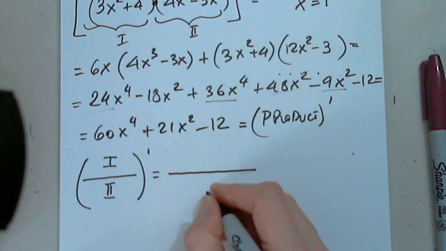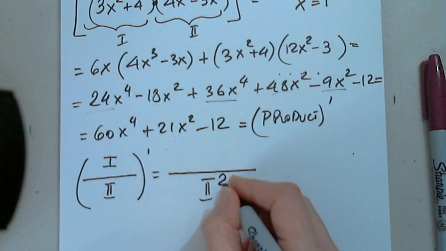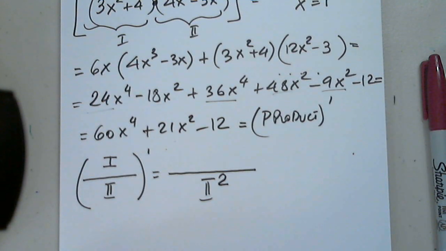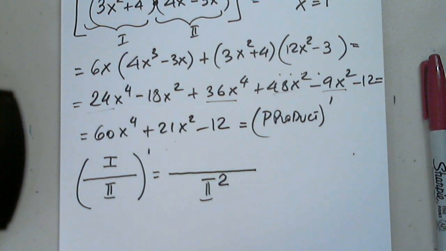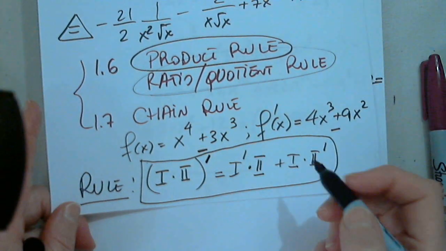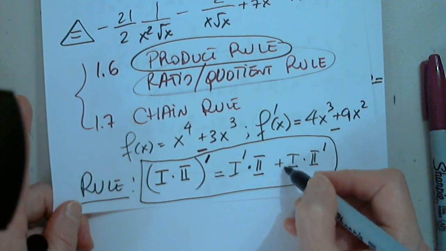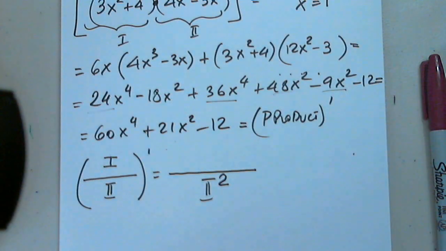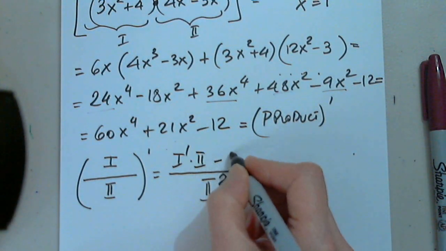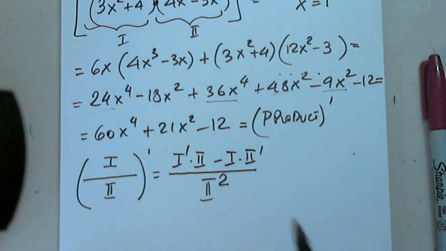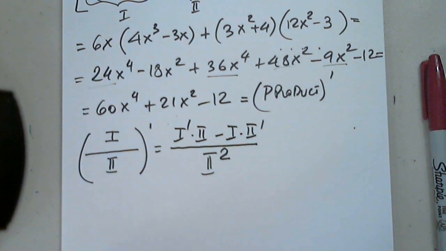The denominator is only squared, not differentiated. The numerator is the same as the product rule, but minus here. That's the only difference in the numerator. So 1 prime times 2 minus 1 times 2 prime. Okay, so let's